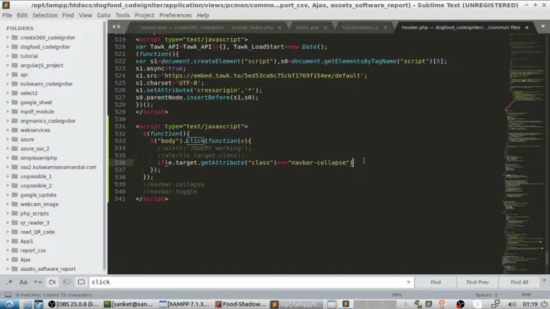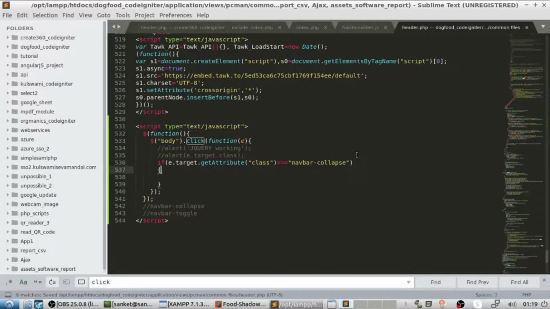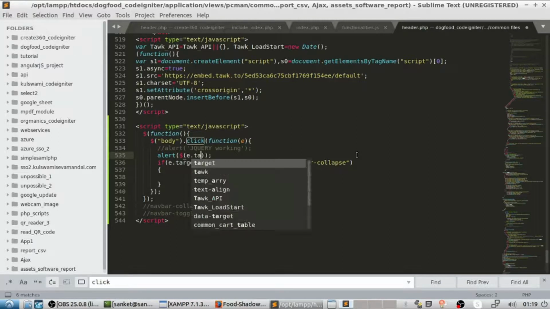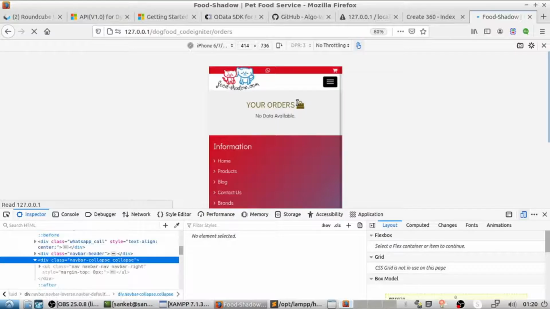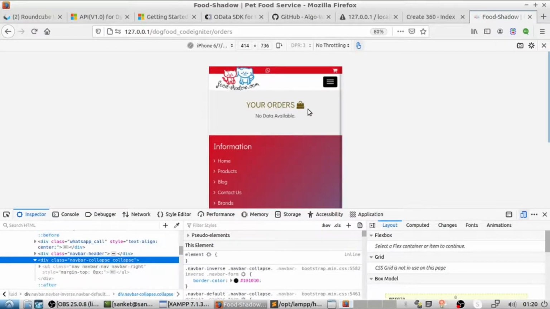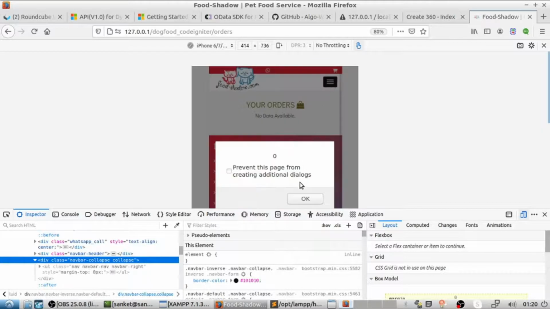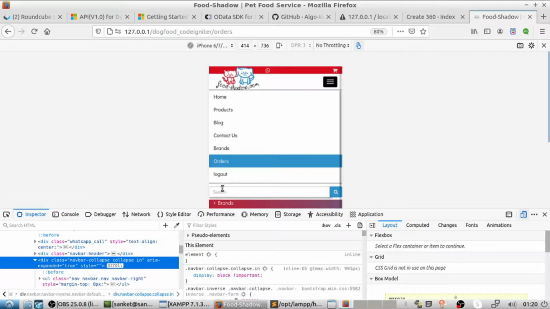However, there are some classes which are inside the navbar, so to find out if we click inside navbar too, we shall use this code in alert box. Now if we click outside the navbar, it shall give 0, but if we click inside navbar, it shall give 1.